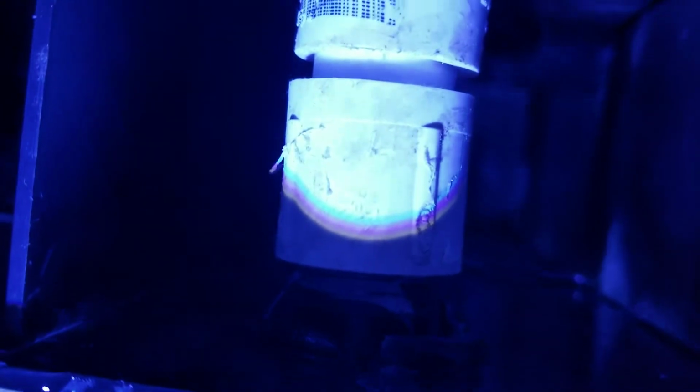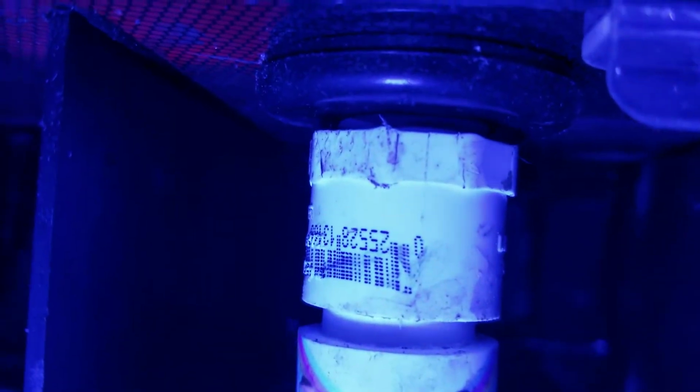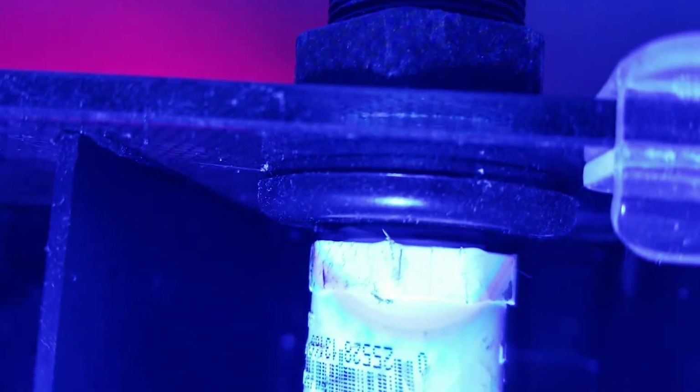PVC, and I used a little bit of silicone right here at the junction between the lock line and the PVC. As you can see, I had to drill out a little bit on the Fluval to get the lock line to fit through, and then I just threaded it into the PVC with some thread tape, and another little union which is threaded into the bulkhead, and then from the bulkhead it's a slip pipe which is PVC glued right into the slip connection